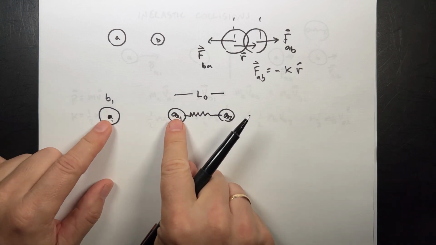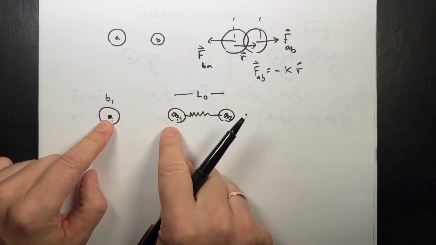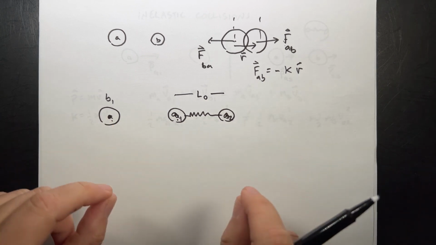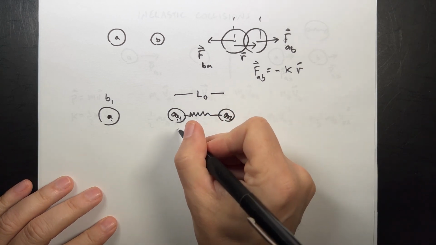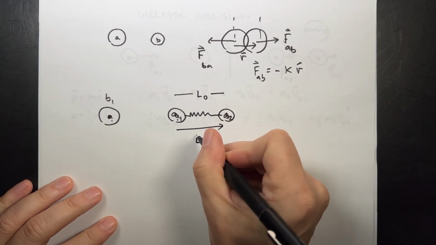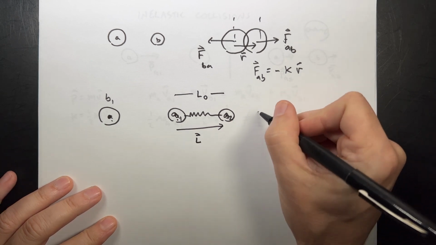I want this to be a strong spring constant, K, so that it's a stiff collision. And this one is weaker so that we can see it oscillating. But we can change that up and see what happens. And then the force on this, if I call this the vector L from A1 to A2, then the